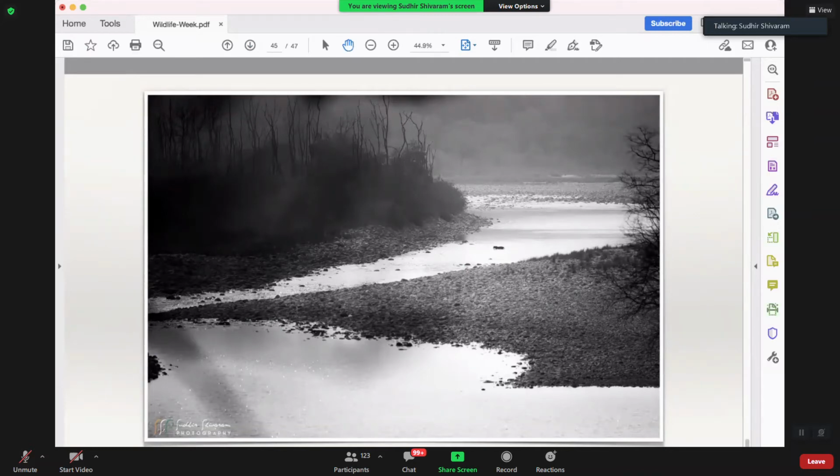So Narayana, the same answer goes to you. If you want a blurred background, you have to understand all the parameters responsible for depth of field, which are the focal length, the camera to subject distance, and the aperture, and how each one has a role to play in the depth of field.